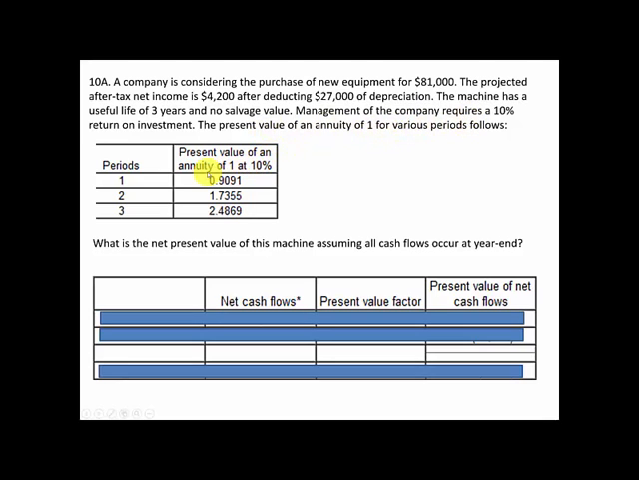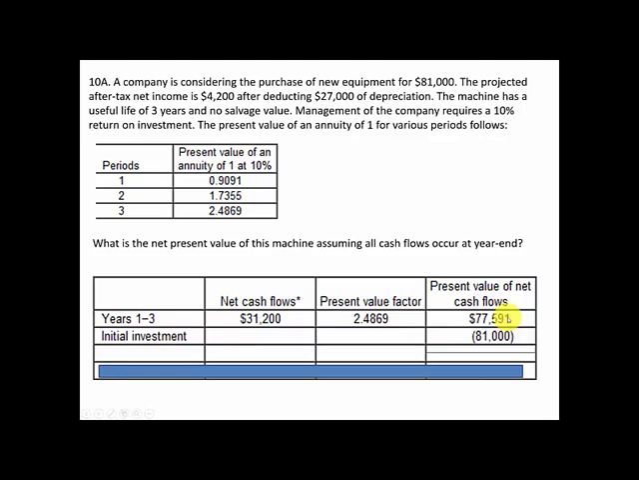Our cash flow calculations are going to be as follows. $31,200 is going to be the cash flow, the net after-tax income, adding back the depreciation. And we're going to multiply that times a present value factor based on 3 periods at 10%, which is present value of annuity, 2.4869. That means these cash flows are worth in today's dollars